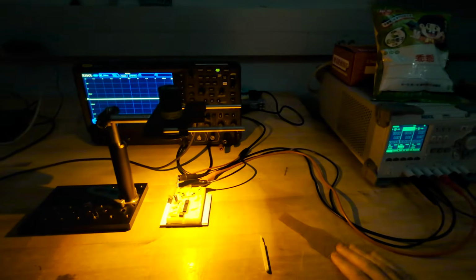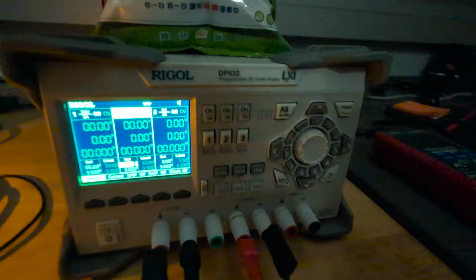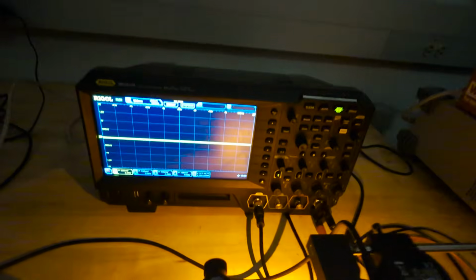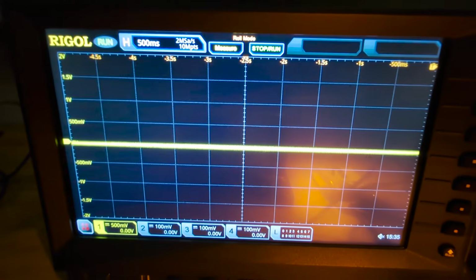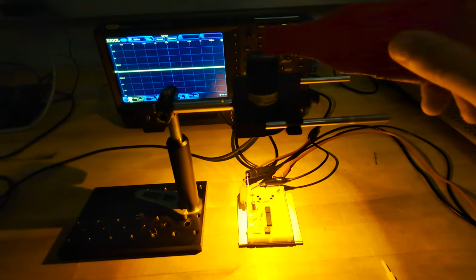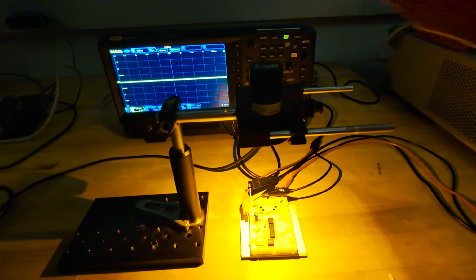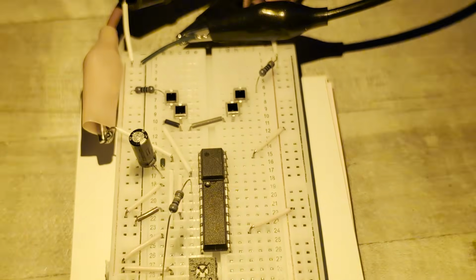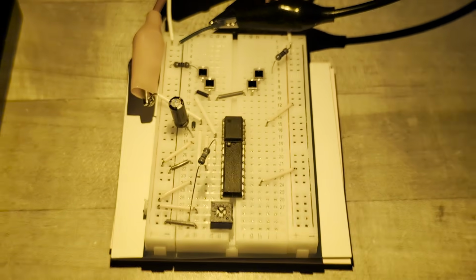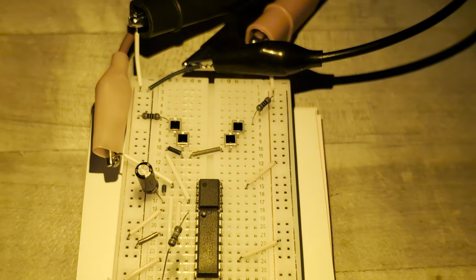So let's go over some of the basic components of the experiment here. We've got our power supply, which we're using to provide the plus minus 5 volts to each rail. It's not on right now, but I will turn it on later. We have our scope, which we're going to be using to monitor the voltage as a function of time of the circuit. We've got our light source, which is a 590 nanometer LED. And we've got our circuit. So let me zoom in here on the circuit and talk about some of the main components.